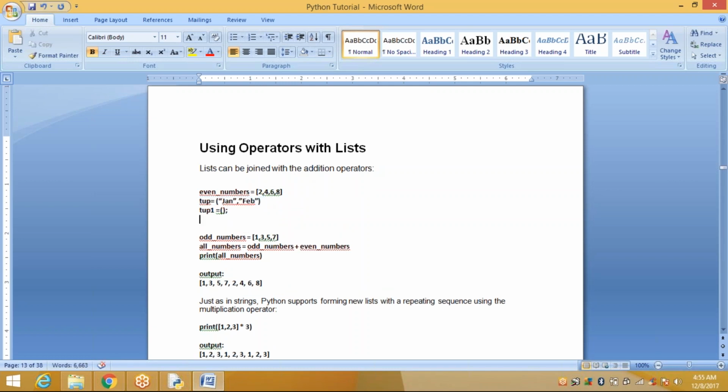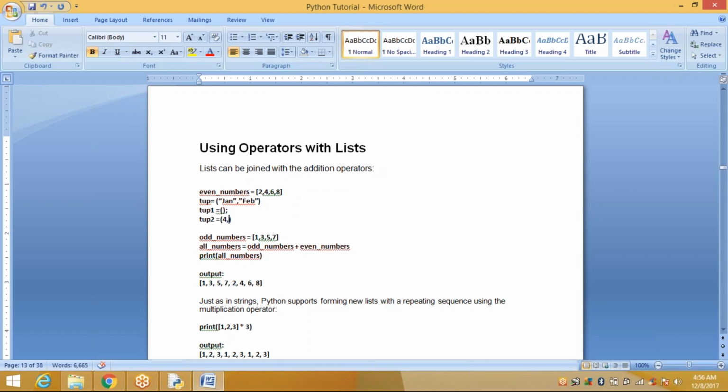Suppose I want to define a single value: tuple 2 is equal to, within the parentheses, you apply your value. After that, you should apply the comma. Even though you are defining one variable in your tuple, after the variable you should apply the comma.